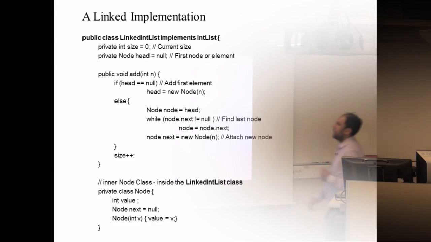And so if you add a first element, we check whether the head is pointing to null. It means that the list is empty, and in that case we create a new node and assign the address of this new node here. So for example, if we have some elements like 5, 10, 15, these are the values, and if we want to store these values in this linked list, in the beginning,